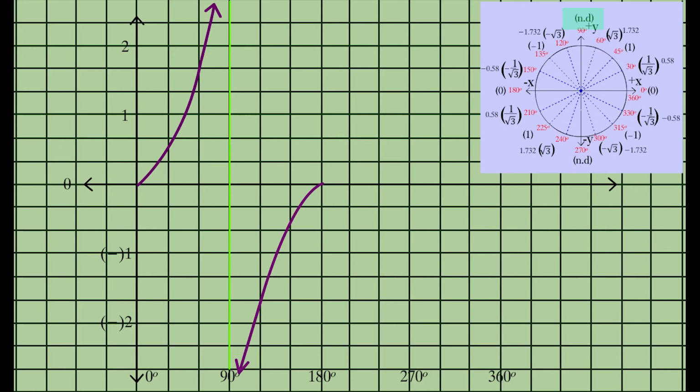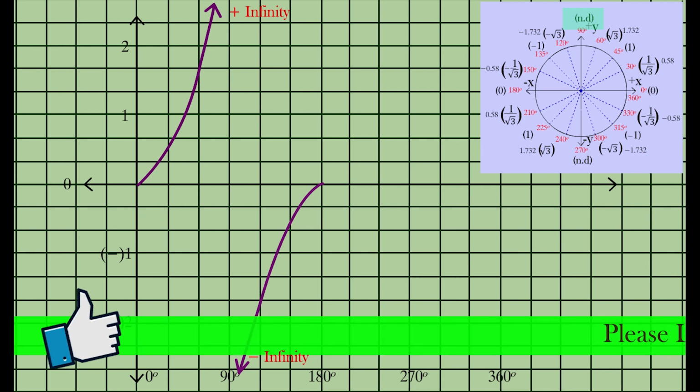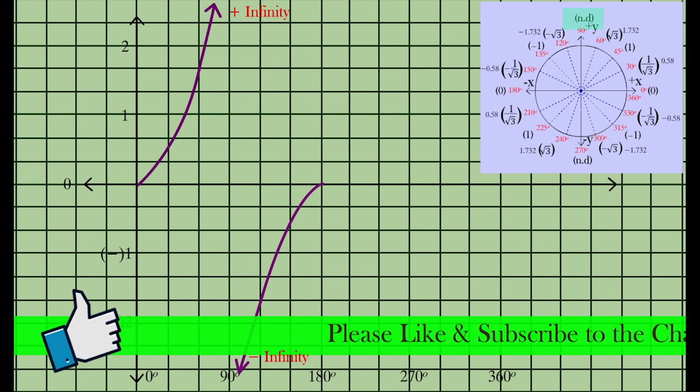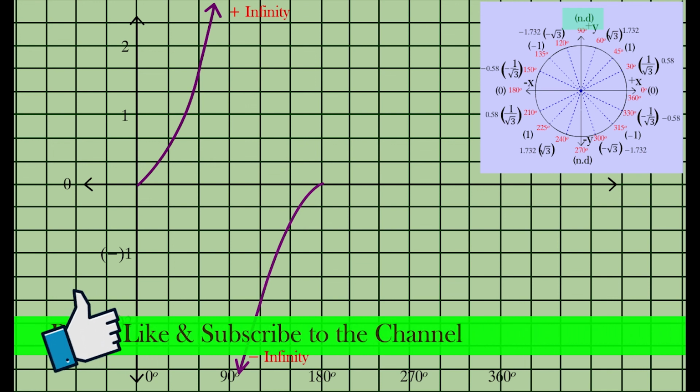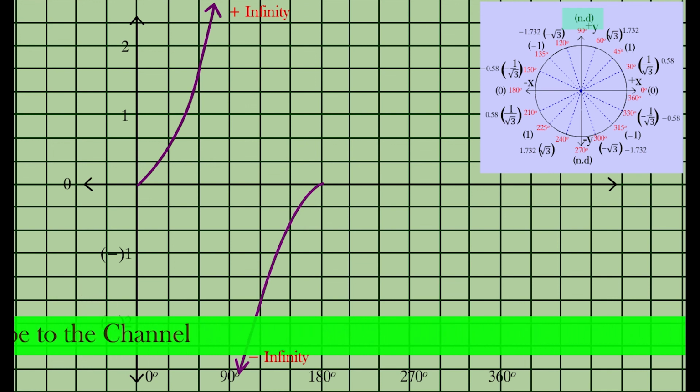See in our graph, as we are moving from 0 to 90 degree, the graph keeps on increasing toward positive infinity, but it will never touch the 90 degree line because at 90 degree it is positive infinity. And if we move from 180 to 90 degree, here also it will keep on moving toward negative infinity, but it will never touch the 90 degree line. Same reason, because at 90 degree it is minus infinity. This is a very important point, that our tan graph does not cross or touch our 90 degree line.